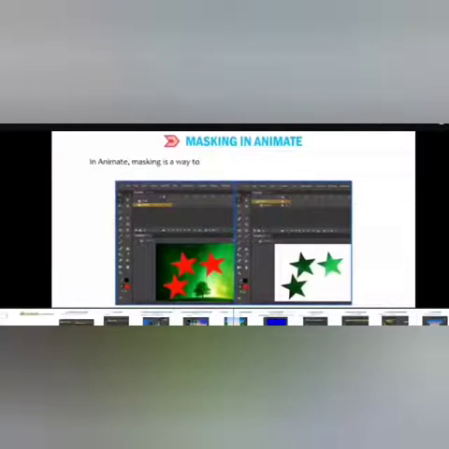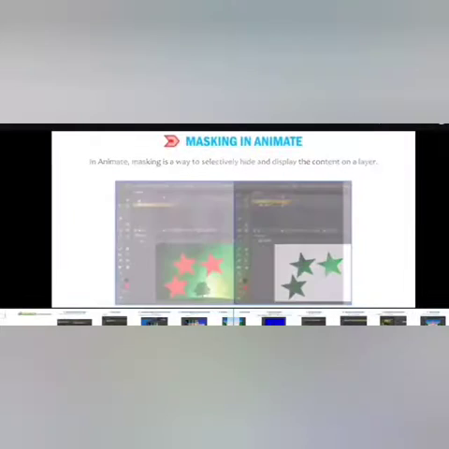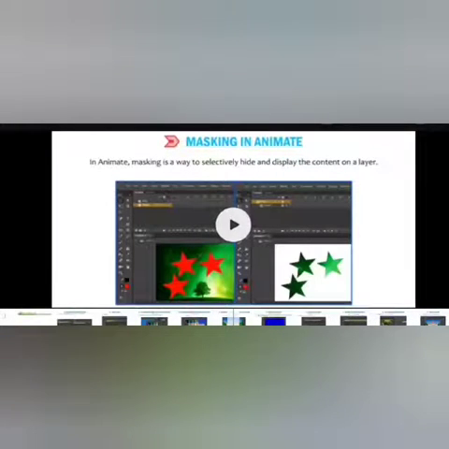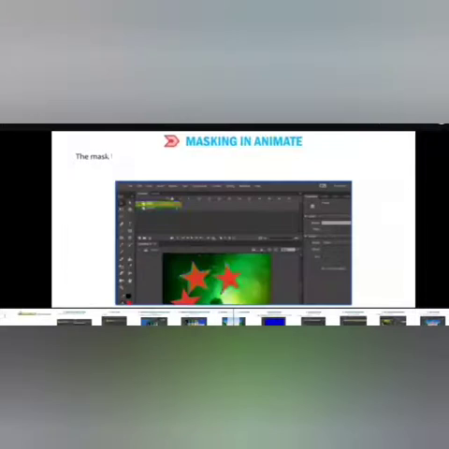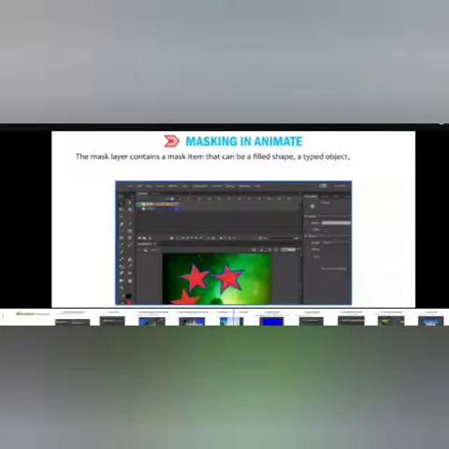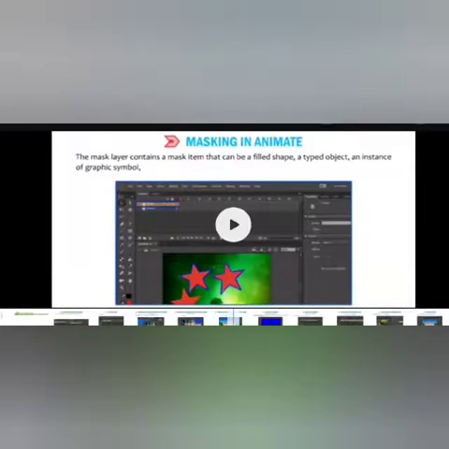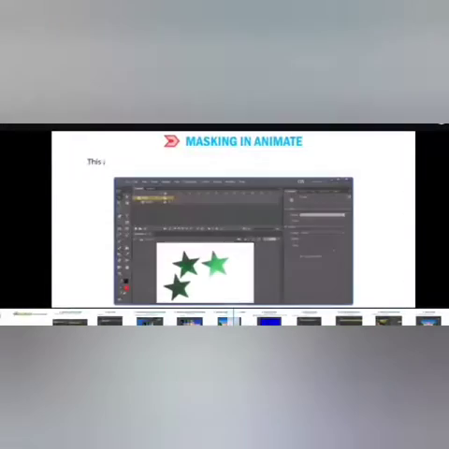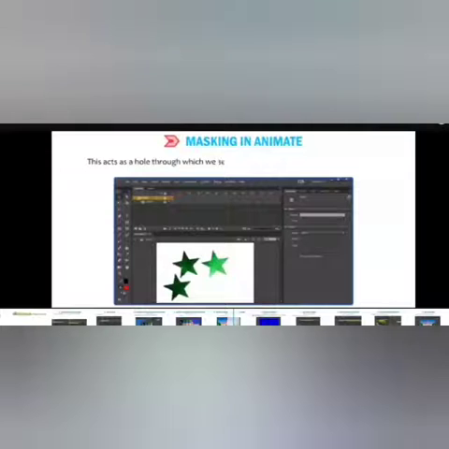So now, masking in Animate. In Animate, masking is a way to selectively hide and display the content on a layer. The mask layer contains a mask item that can be a filled shape, a type object, an instance of a graphic symbol or a movie clip on one layer.